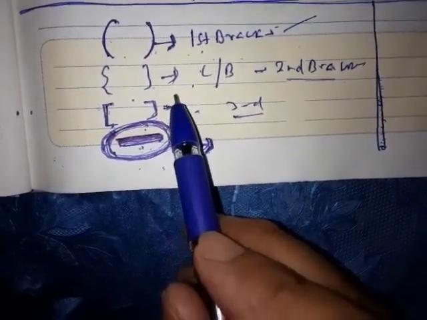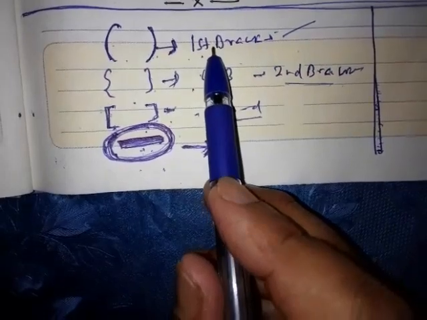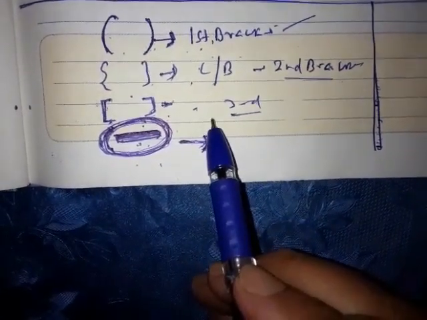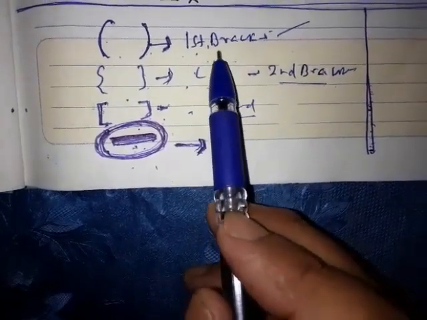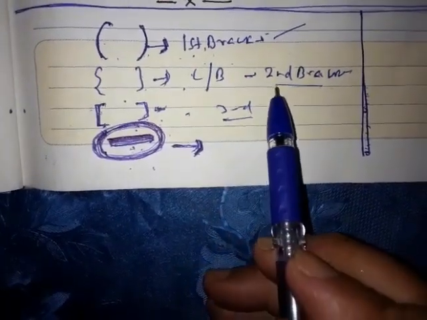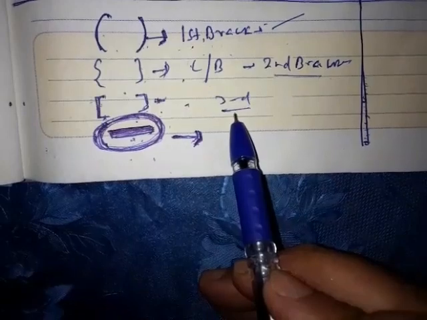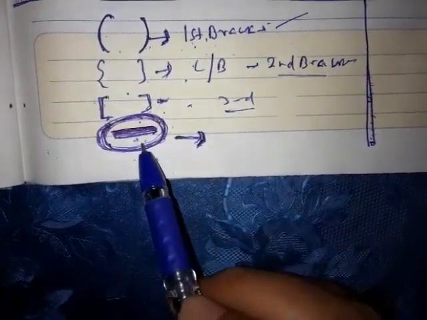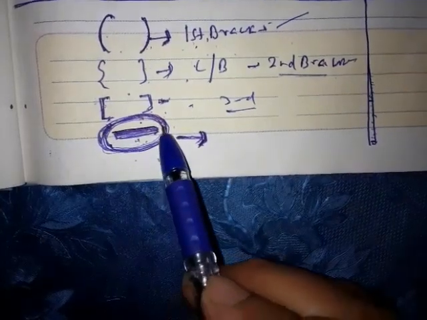Next, which bracket will come? According to the name given, it will be very easy for you to understand step by step which bracket we will do first, which bracket we will do second and which bracket we will do third, because already the name is given: first bracket. It is a different kind of bracket. This calculation will be definitely fast.